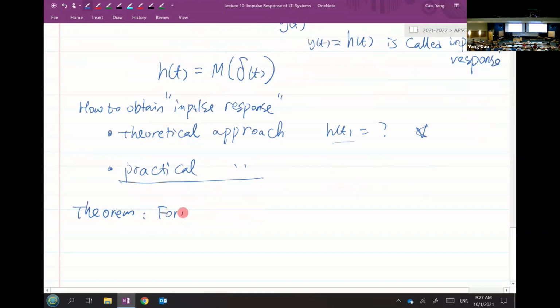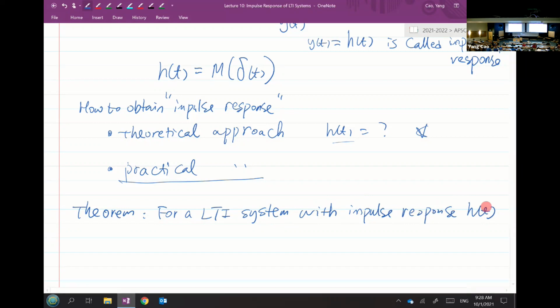The theorem says: for an LTI system, a linear time-invariant system, if the system has impulse response h of t,